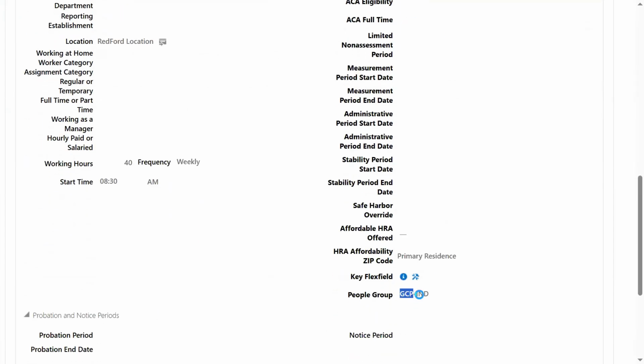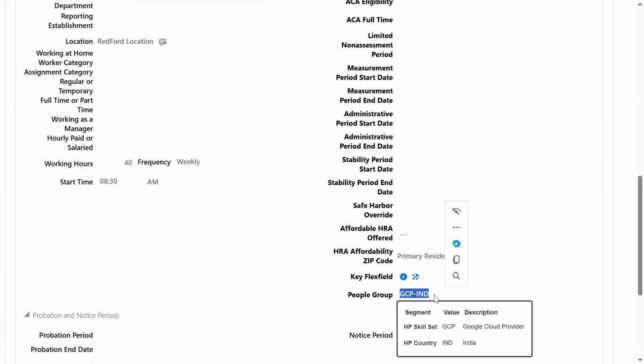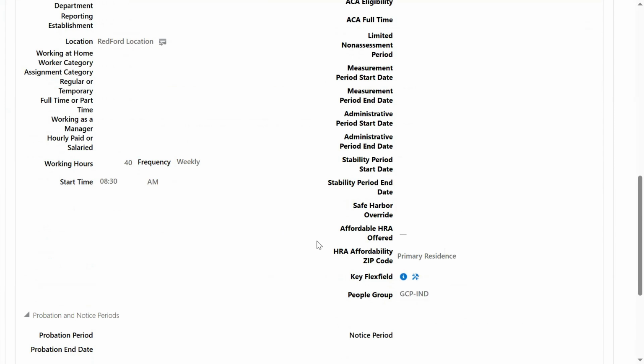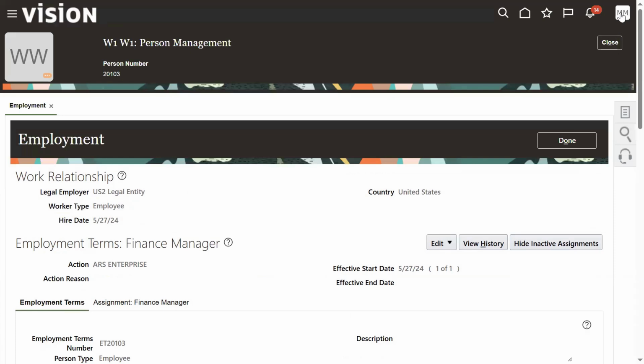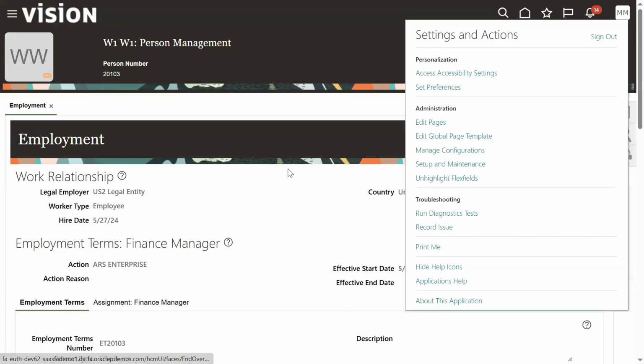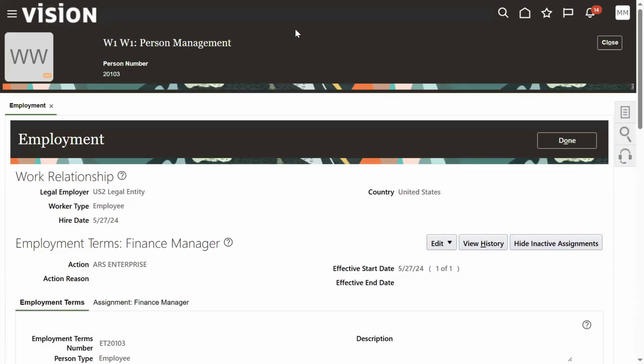Where can I find the details? There I can find the details. Okay. So this is about the configuration of people group key flexfields. Now you can ask